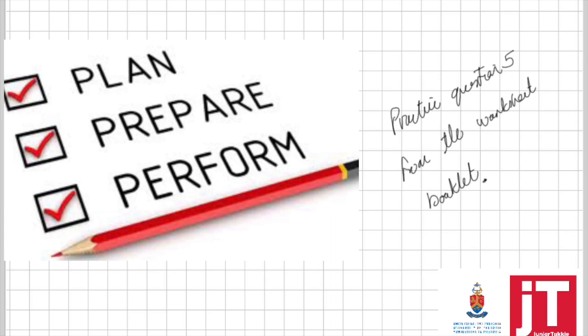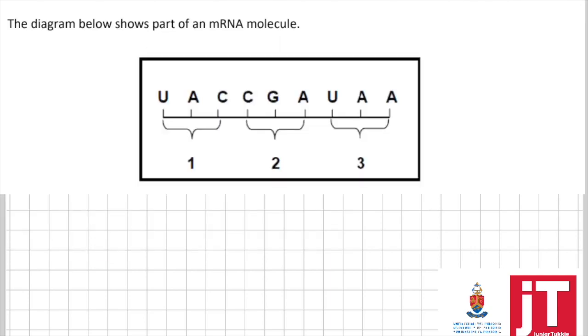Particularly in this video, we are doing practice question number 5 from the worksheet booklet that you should have in front of you now. So we are going to be moving straight into the question and doing our question analysis first. Okay, so the first thing we're going to be looking at is what is represented in the image that